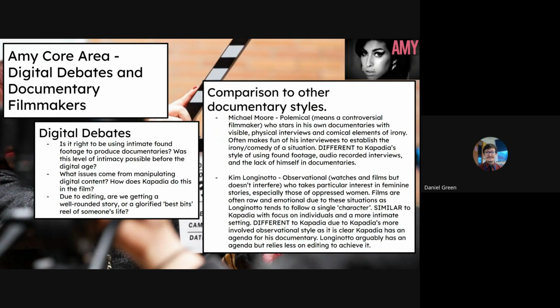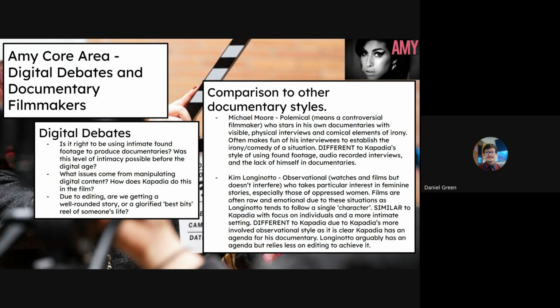So there's several strands that you could go with this, but he obviously is trying to create an emotional response, and there is an agenda to this. He's highlighting aspects of Amy's life because she didn't necessarily have that justice while she was alive. She was hounded by the paparazzi. She was brought into drug addiction potentially by Blake Fielder-Civil, and also the neglect from her own father maybe sent her down that spiraling way. He could have stepped in and stopped it, but the film shows us that he didn't.